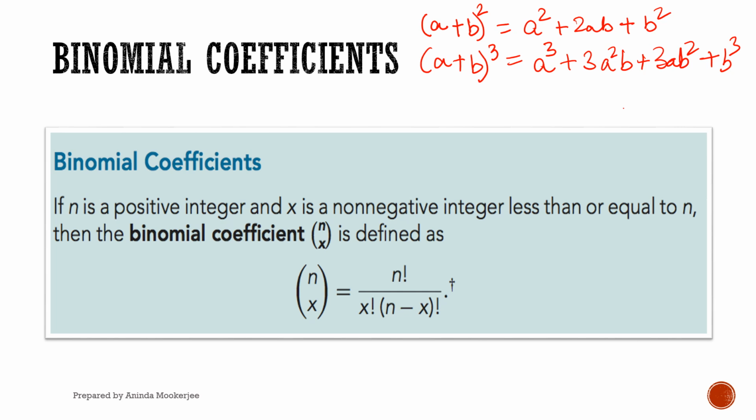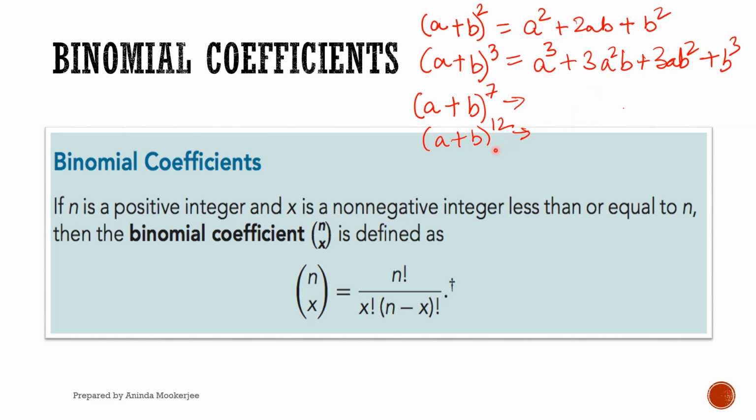Now, in order to expand binomials of higher degrees, so something like perhaps a plus b to the power 7 or a plus b whole to the power 12, right? In these cases, for every exponential expansion, it's not possible to memorize all these formulas, but using the binomial coefficient, to which there is also a formula that we will learn about, we can expand any